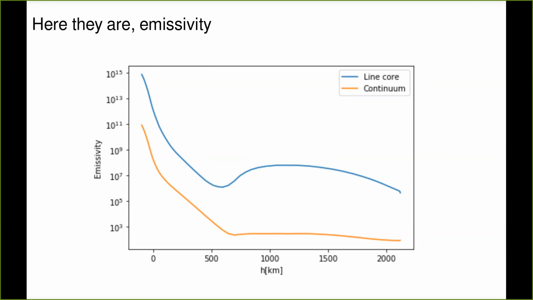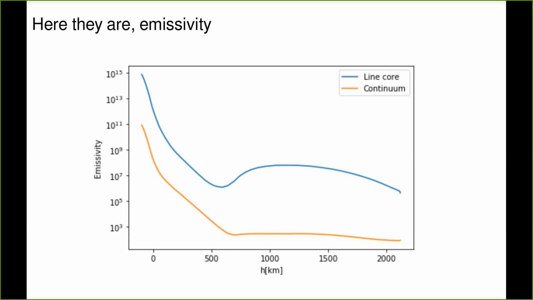Can anybody tell me why it has to be like that? You should follow the temperature. Yeah, close. Well, the temperature doesn't change that dramatically, and so the source function should be roughly constant. Very good, exactly. So the ratio between emissivity and opacity is going to be the source function, which is going to depend on the temperature. It needs a few more steps to justify that, but let's take a look at some other things.